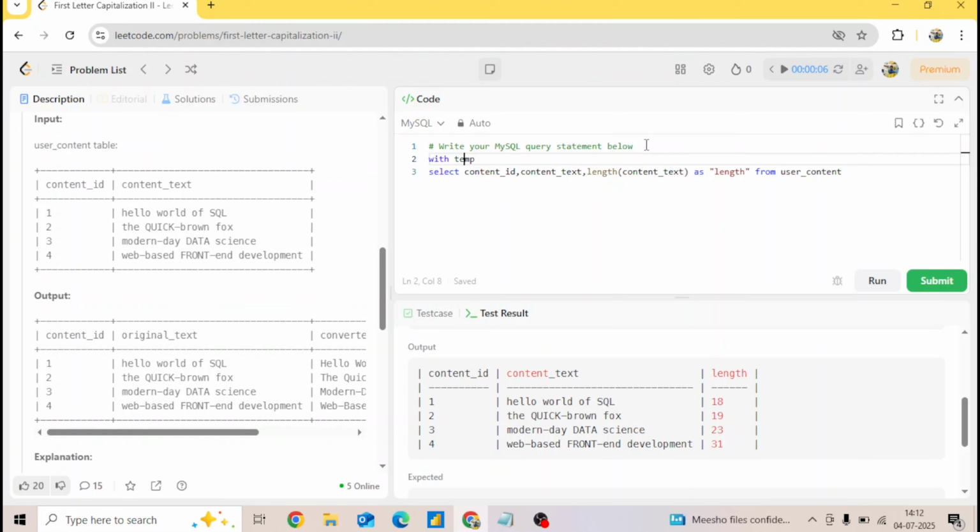Now since we are going to recursively call this temp, we are going to say RECURSIVE. Whenever you call a CTE in a recursive fashion, you have to mention RECURSIVE over here. If you don't, it will give you an error. So, WITH RECURSIVE temp AS, and here I'm going to go ahead and